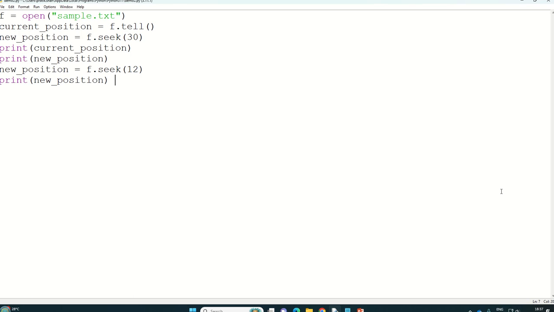Okay, so hello everyone. We are done with the tail function in my previous video. So this is all about the seek function. That is what I'm writing over here. Hashtag seek function. And 2 points which you all have to remember when you are using the seek function method